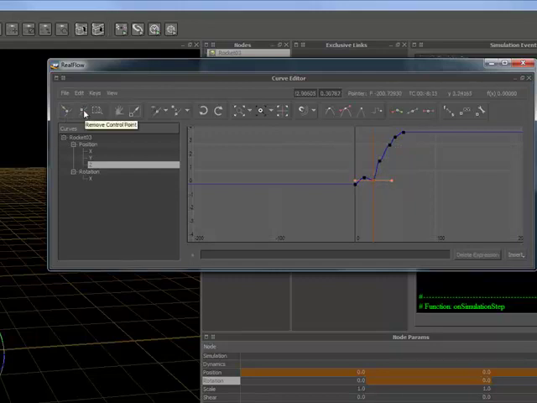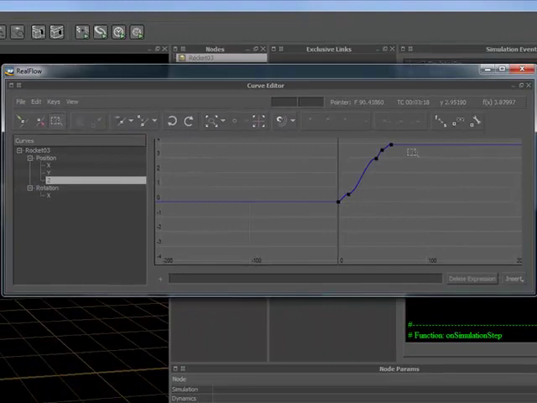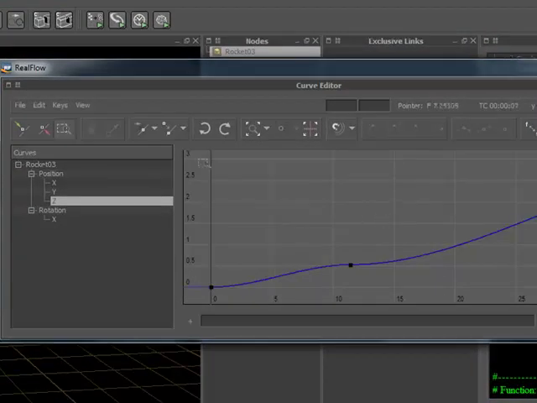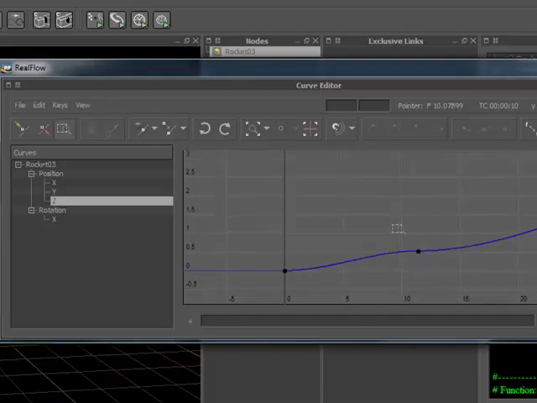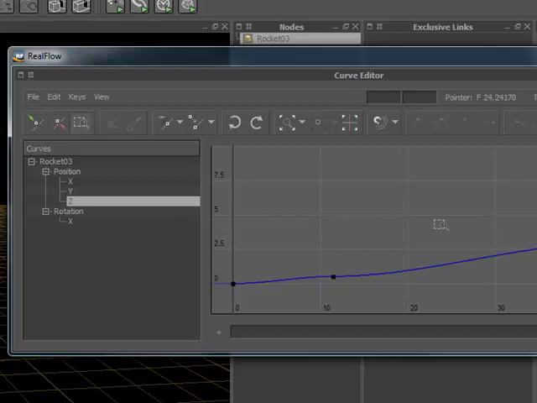To remove these keyframes, you hit this red arrow button and you just click on the keys, and this removes the keyframes. With this zoom tool you can select range, and this will zoom in to your selection. And you can also navigate in the curve editor. If you press Alt and the middle button, you can pan with the scroll wheel. You can zoom out, and